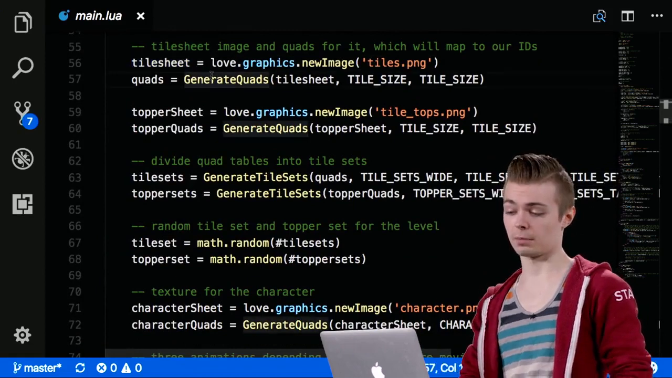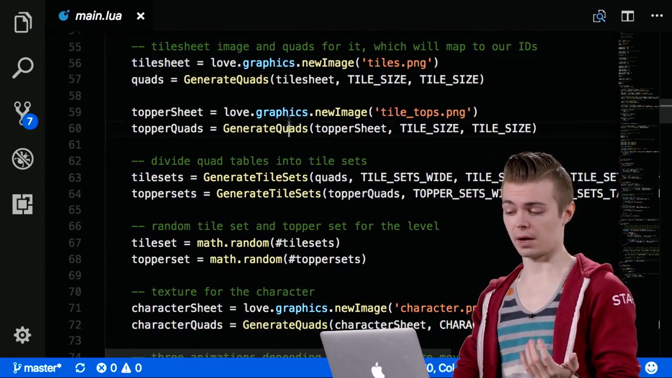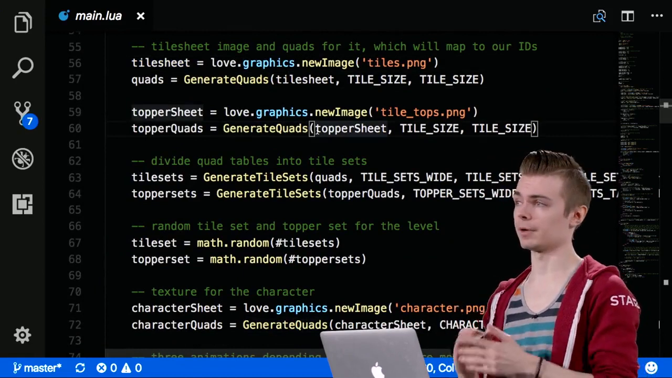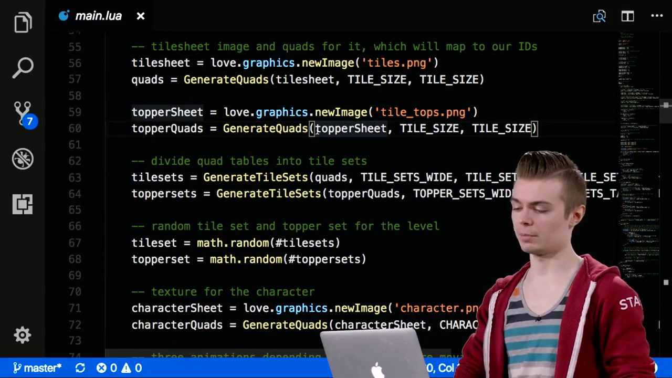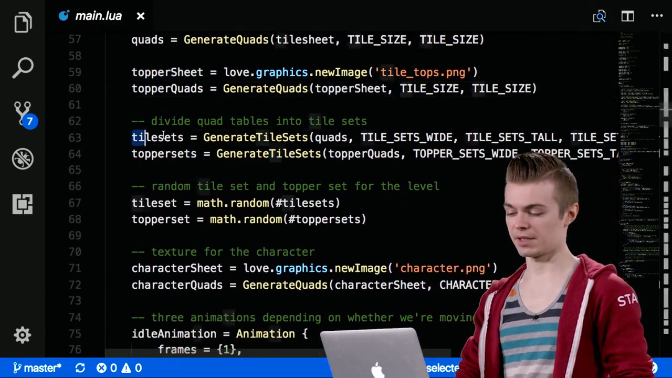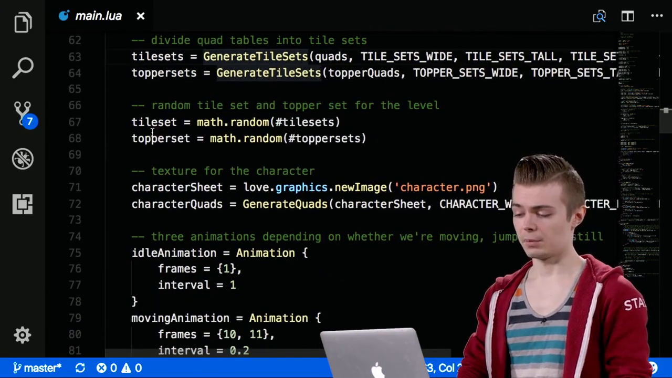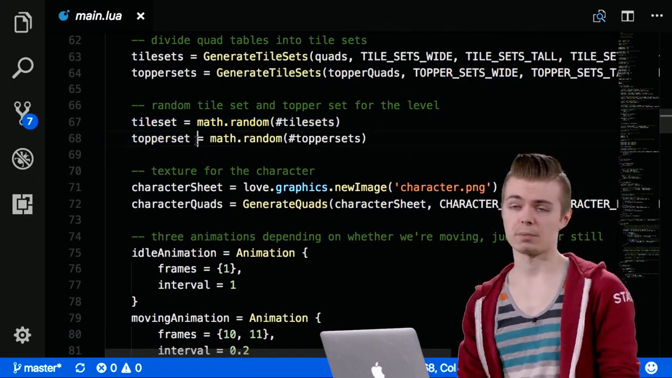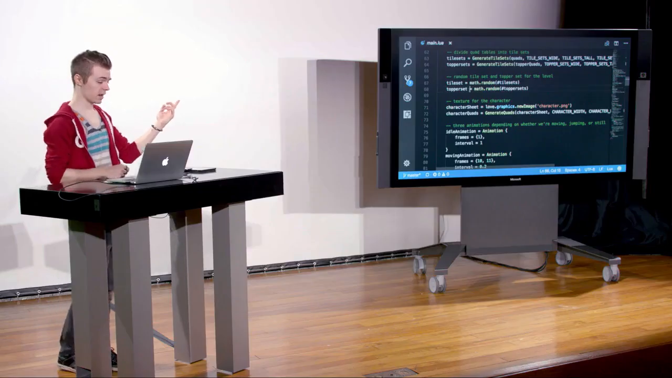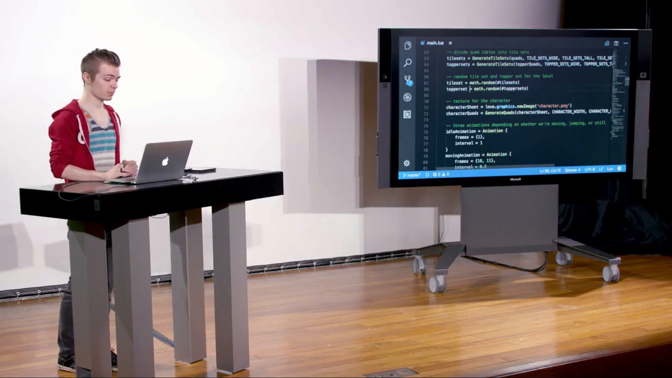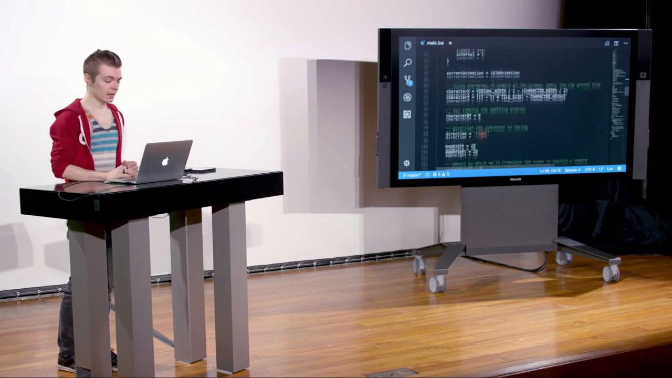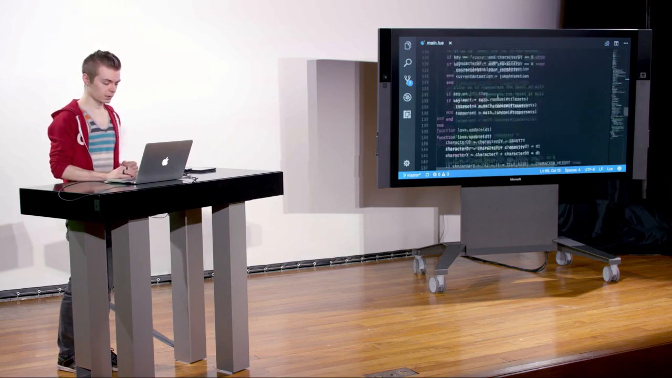We get our regular quads from our tiles and toppers. So these are just literally every single tile within that big tile sheet put in one table. And then we just divide it up into tile sets and topper sets here with the generate tile sets function. And then we get a random tile set and a random topper set here. Math.random, number of tile sets, number of topper sets. And then at the very bottom,